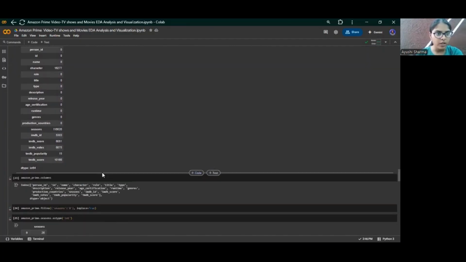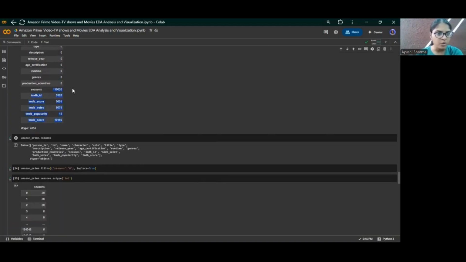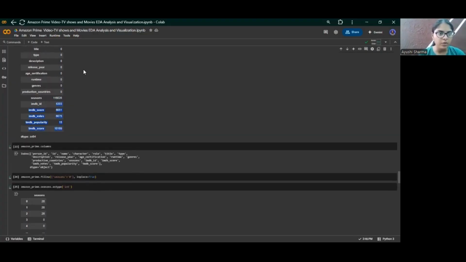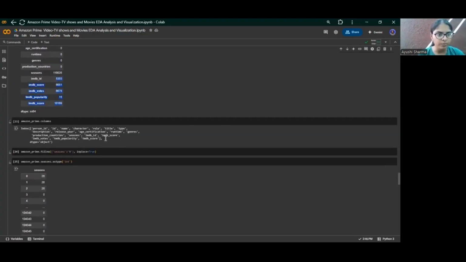So as you can see, we have some null values here in the character column, then in the seasons, IMDb ID, score, votes, popularity, and IMDb score. Since these are the particular columns which are having the int type values, these can be filled up with the mean, median, or mode, or any of those particular stats formulas. So we are going to do the same, but first of all working on the character column and